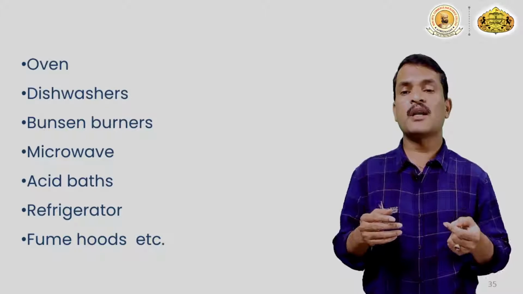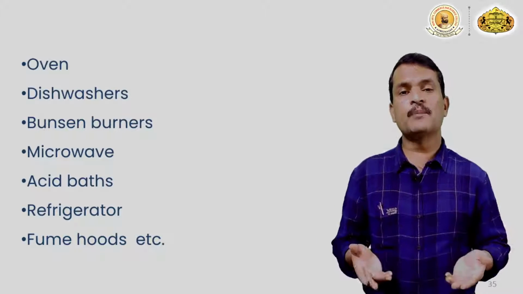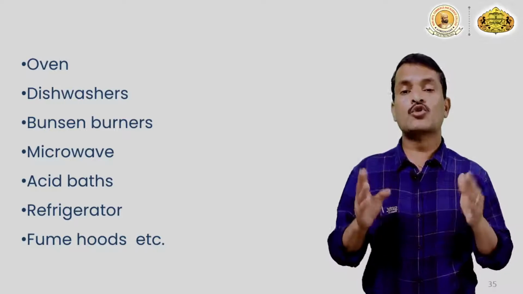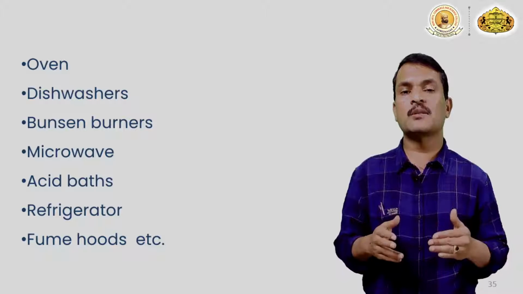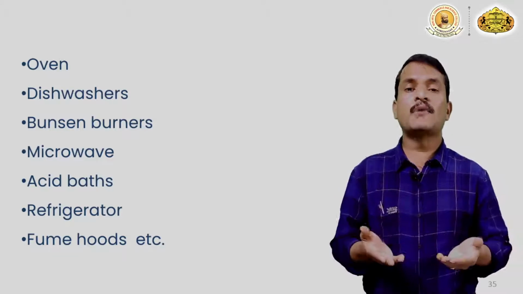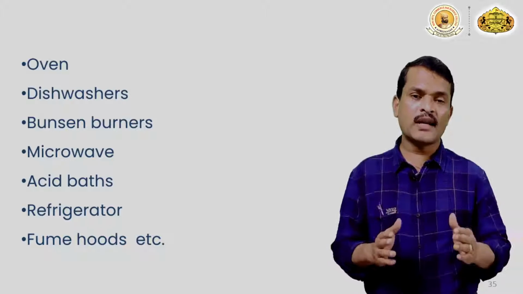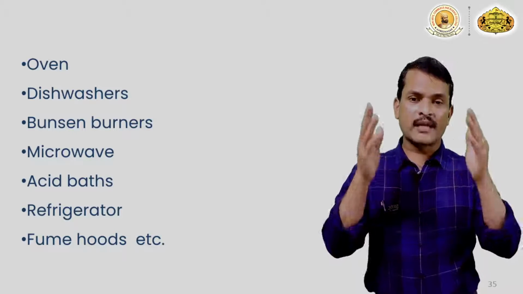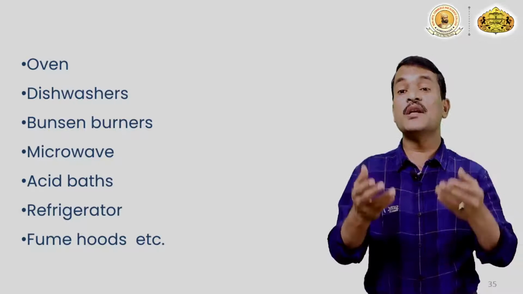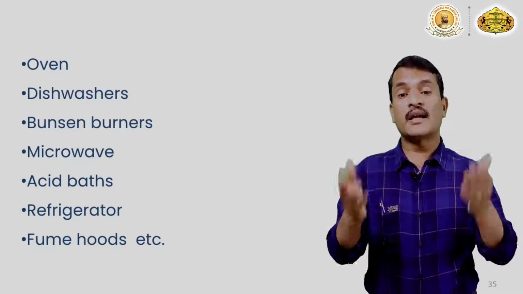When you are going to prepare media, you need to measure pH, so you need a pH meter. All these things should be in this general laboratory. Before autoclaving, you are going to measure the pH, so these things must be properly arranged. And again, I am telling you that it is not necessary to arrange the instruments in any fixed way; arrange them as per your need or ease, and that is very important.